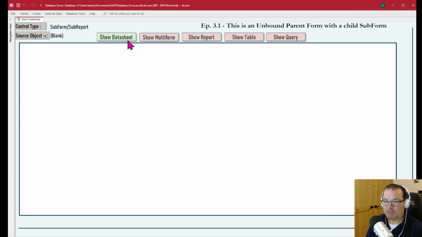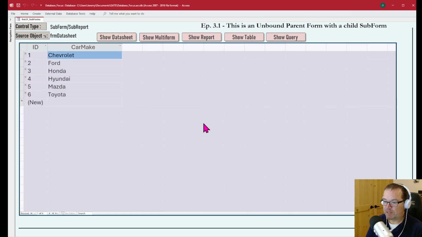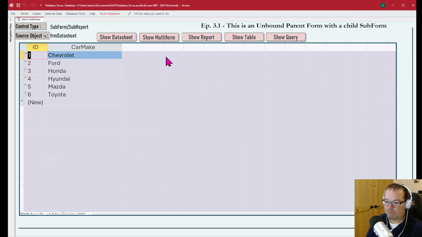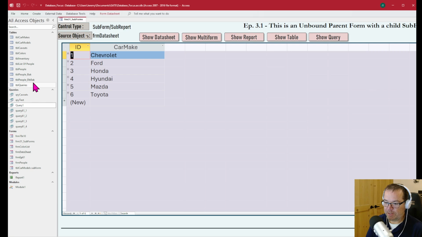Now what I've done is I've done just a little bit of coding in here to show you what you're able to do. So if I click this sheet, I have another form in the database of the car makes. We've been building our kind of fake car database. And you'll notice that this form also has subforms. So notice how they look very different. So this is a datasheet mode form. Matter of fact, I'll show it right here. It is form